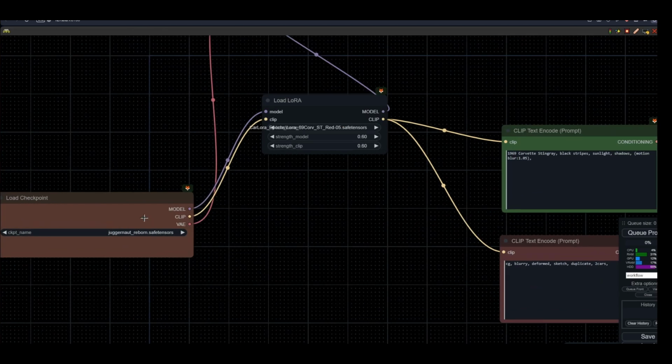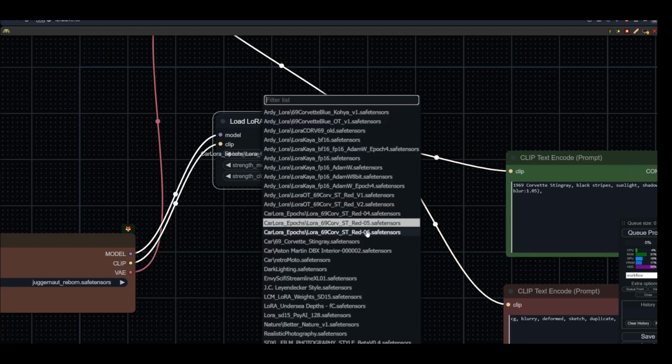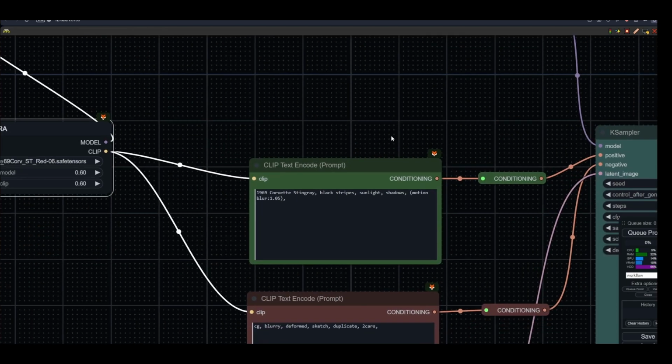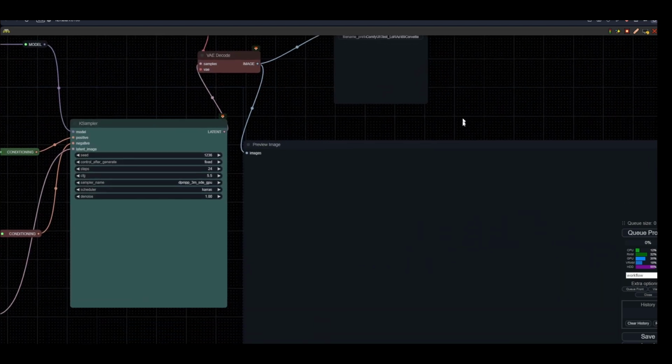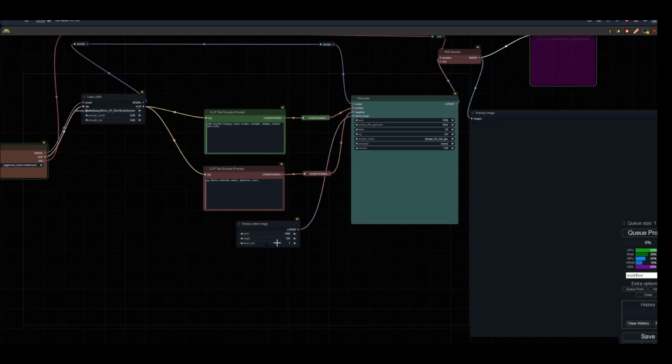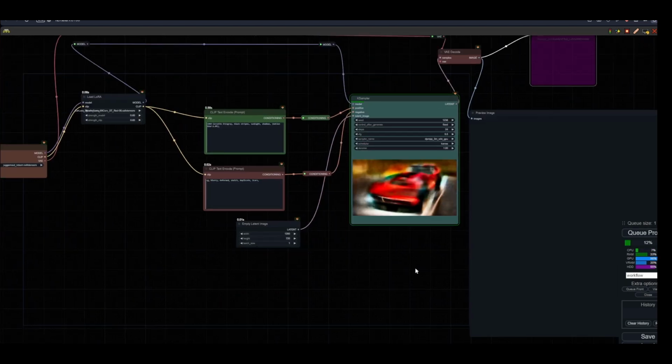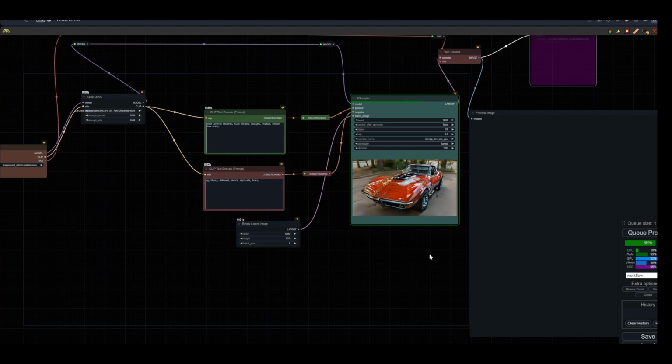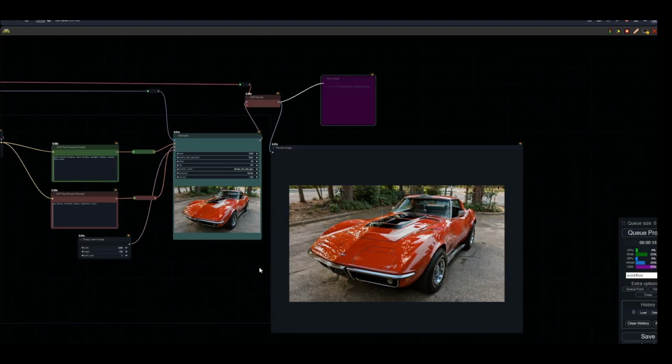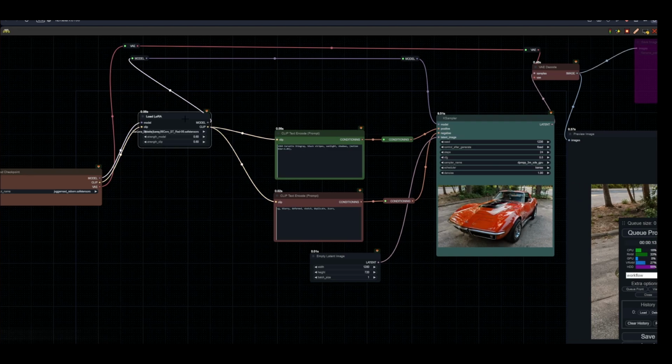Higher epochs tend to be more oversaturated, and after 5 or 6 you might not even notice the difference, but it's going to take a long time if you want to go past 6 or 7. Then I'm testing the Lora in a simple image generation setup in Comfy to find the best settings for my final animation. I'm using Juggernaut Reborn